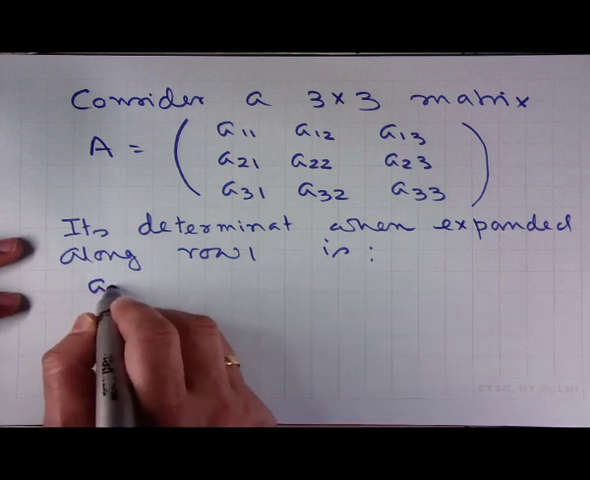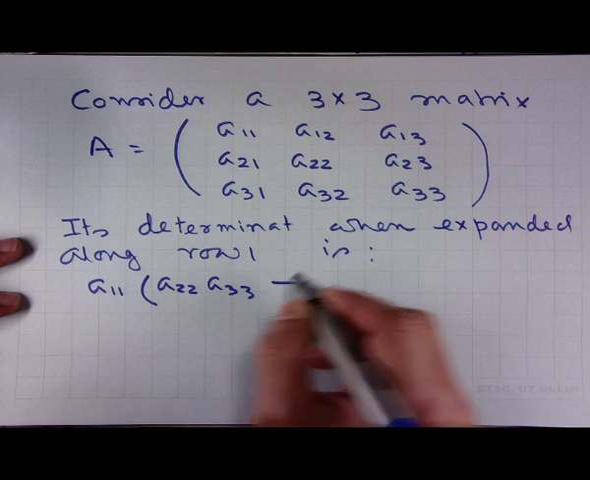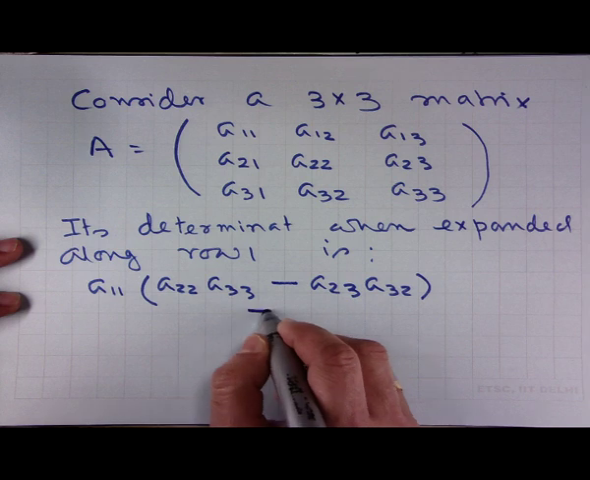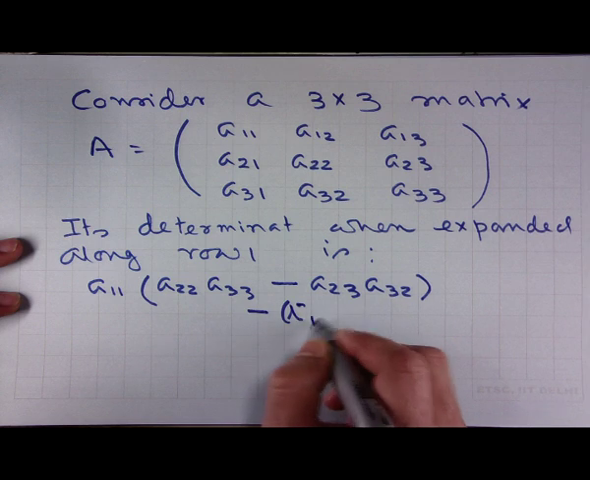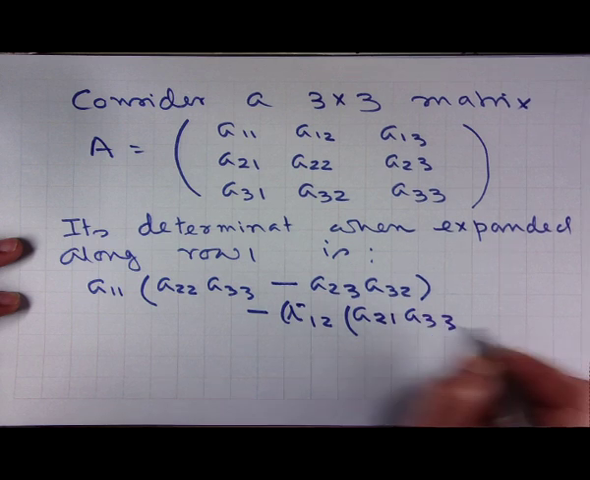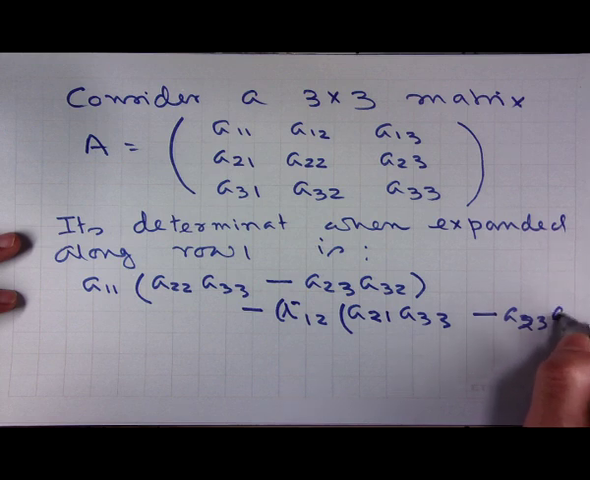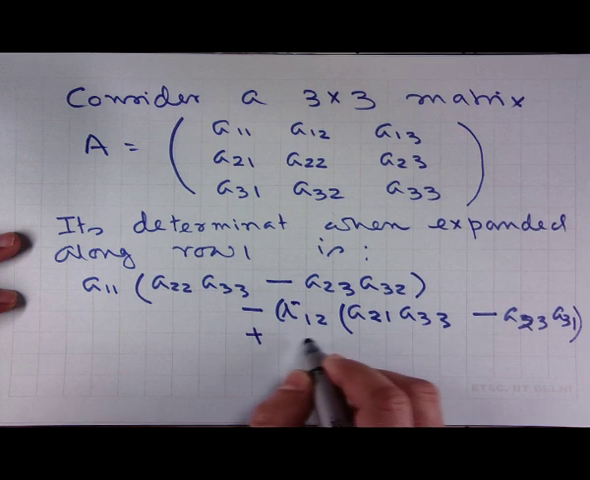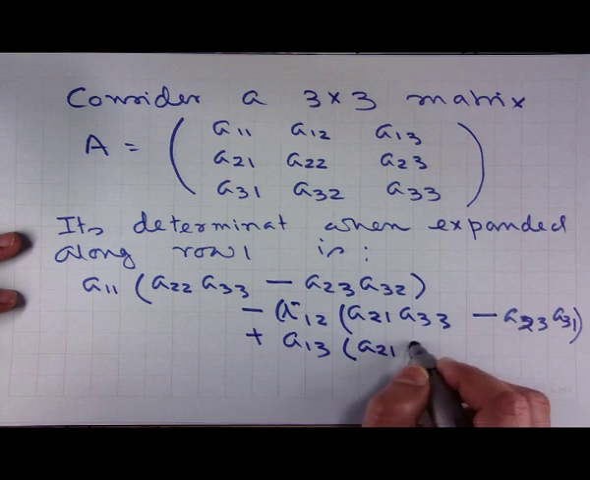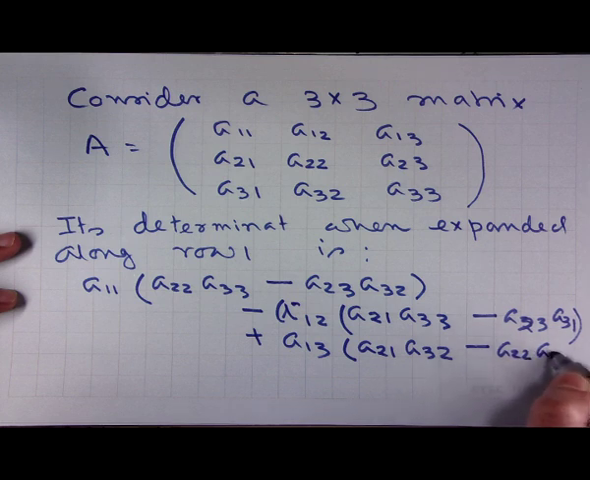as we know, A11 into A22 into A33 minus A23 into A32, minus A12 into A21 into A33 minus A23 into A31, plus A13 into A21 into A32 minus A22 into A31,